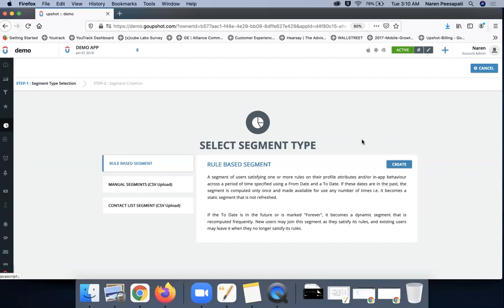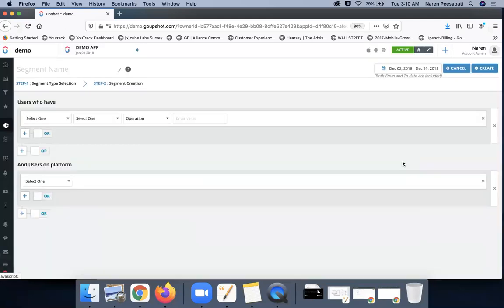It also has a second way, which is the manual segments, where you can upload a list of users and create a manual segment and target that audience. So let's look at the rule-based segments. The rule-based segments interface provides you simple